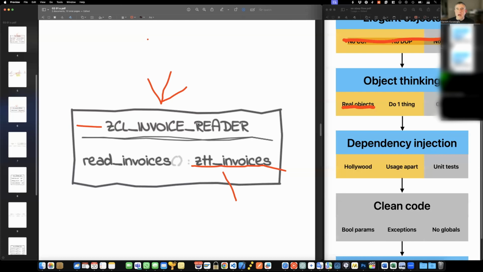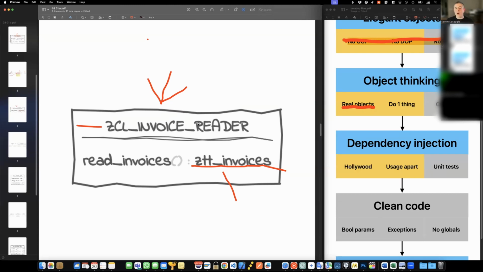Can you look at the physical world and see something called an invoice reader? I can't. When I look around in an office, in an accounting department of a company, I don't see an invoice reader. I see invoices. I see a database. The database is virtual, you can discuss that, but at least it's more real than an invoice reader. This is too abstract to be a class.